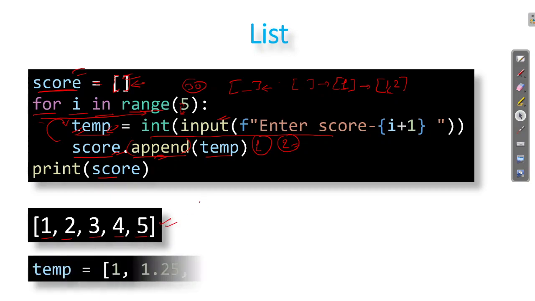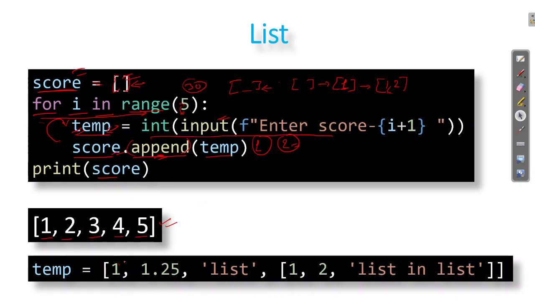Please keep in mind, Python doesn't restrict the types of data that you are storing in the list. You can store together int, float, string, or even a list inside a list. But it is common understanding that we should use only a single type of data inside the list, so that it will be easy for us to manipulate that data or use that list. But again, this depends upon the situation, or whatever code you are writing this list for.